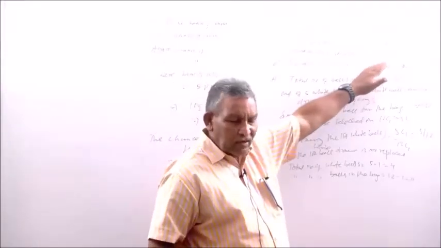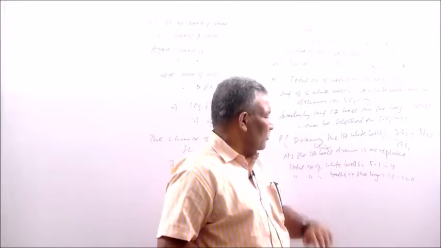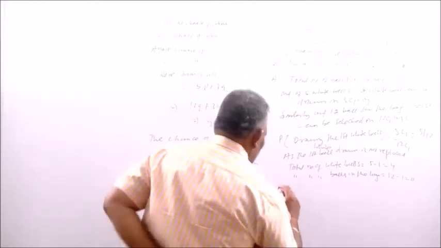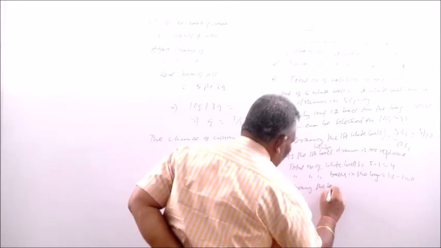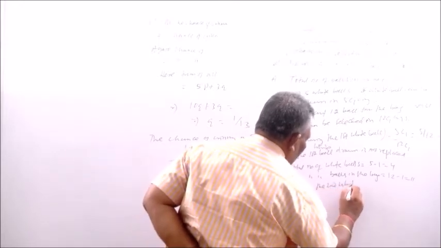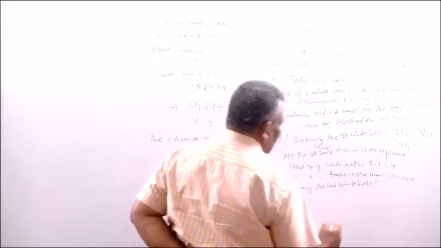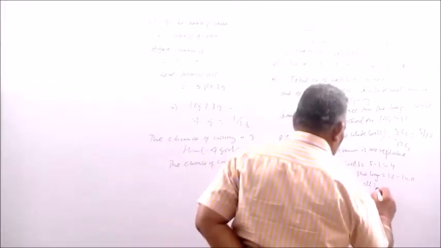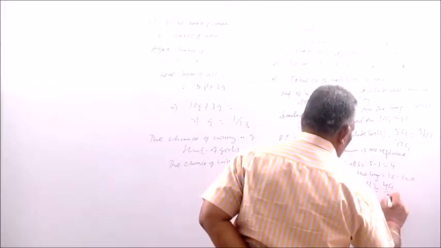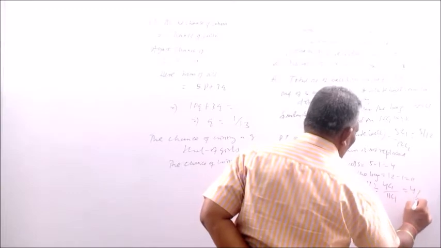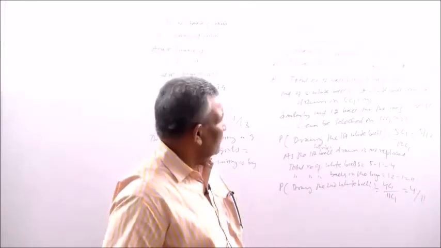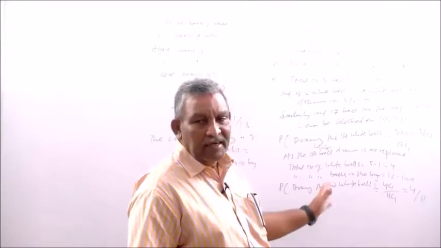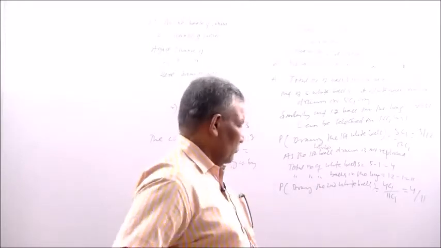So while you are drawing the second white ball, out of 4 white balls you have to draw the second ball. So the probability of drawing the second white ball, if there is no replacement of balls, is 4C1 by 11C1, that is 4 by 11. So the first ball is drawn in 5 by 12 ways, and the second white ball is drawn in 4 by 11 ways.